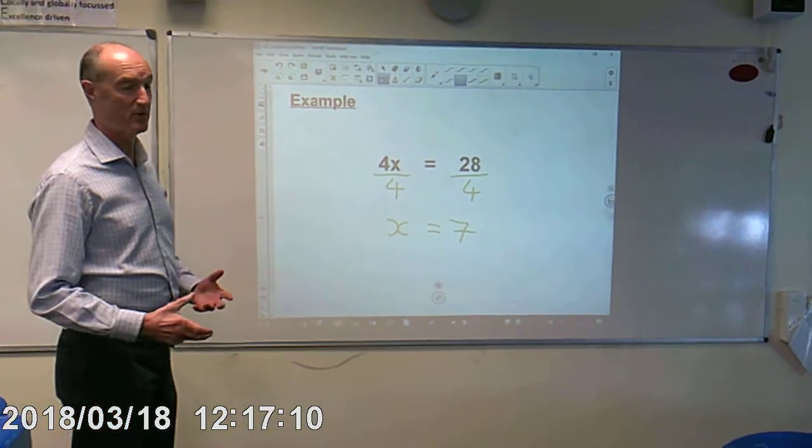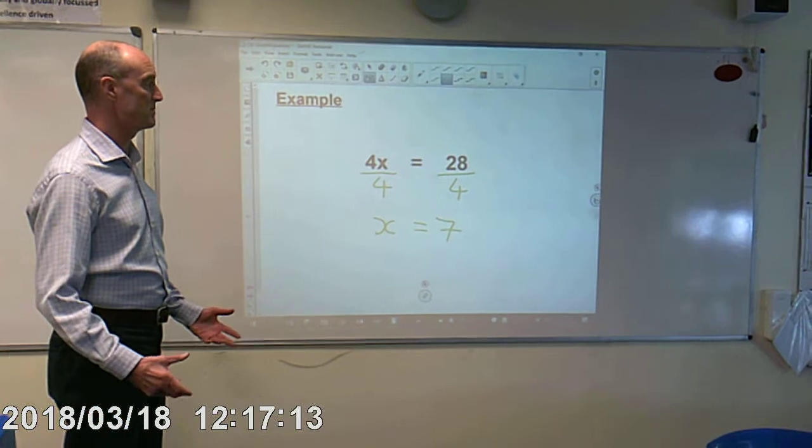Those examples that we've just gone through, examples of simple equations, you should be familiar with those. They're effectively